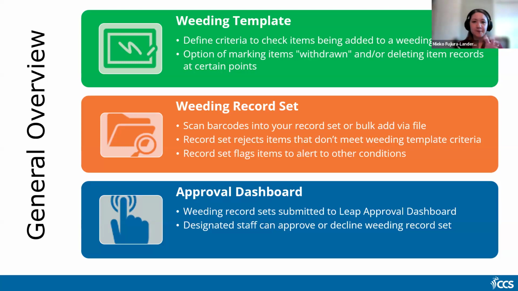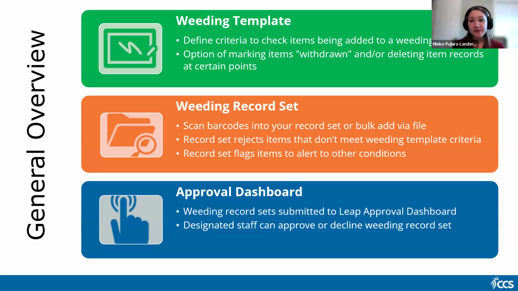So that's the first step. Once those templates are set up, staff can begin creating weeding record sets and then add items to be weeded to the set. So again, the weeding template dictates the rules of the weeding record set. Now, just like any other item record set, staff can add items individually by scanning them in one by one,